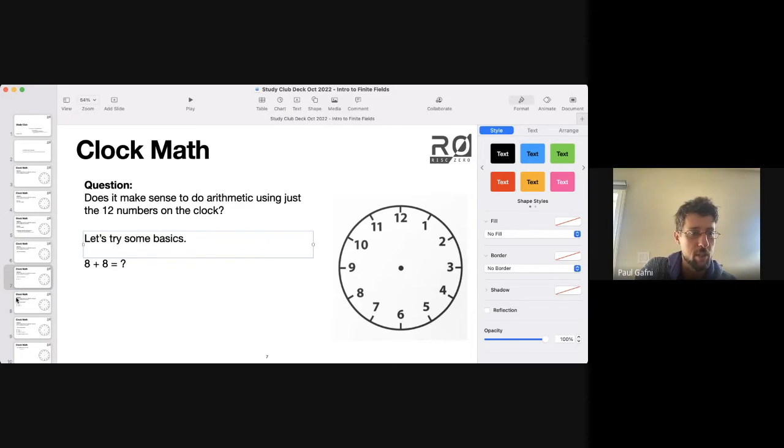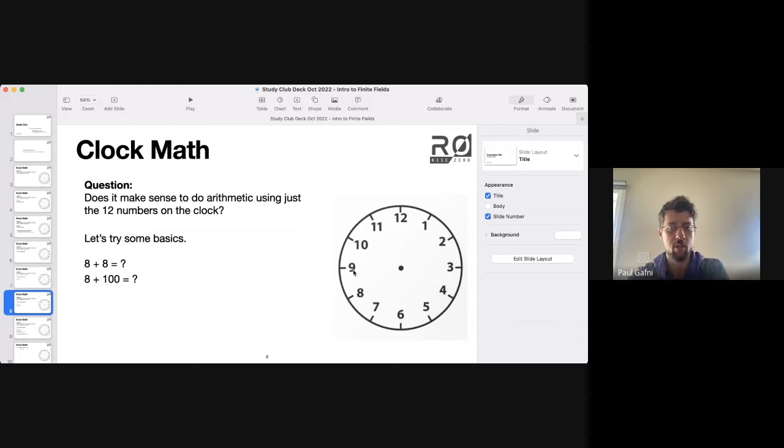Continuing forward, 8 plus 100. I'm not going to bother counting all the way around, but we can make sense of it: if I went around 12, I'd get back to 8. If I go around another 12, I'd get back to 8, and again another 12, back to 8. So I can break this 8 plus 100 up. If I count 96 around, I'm just doing a bunch of rotations, so 8 plus 96 gets me back to 8, then 8 plus 97, plus 98,